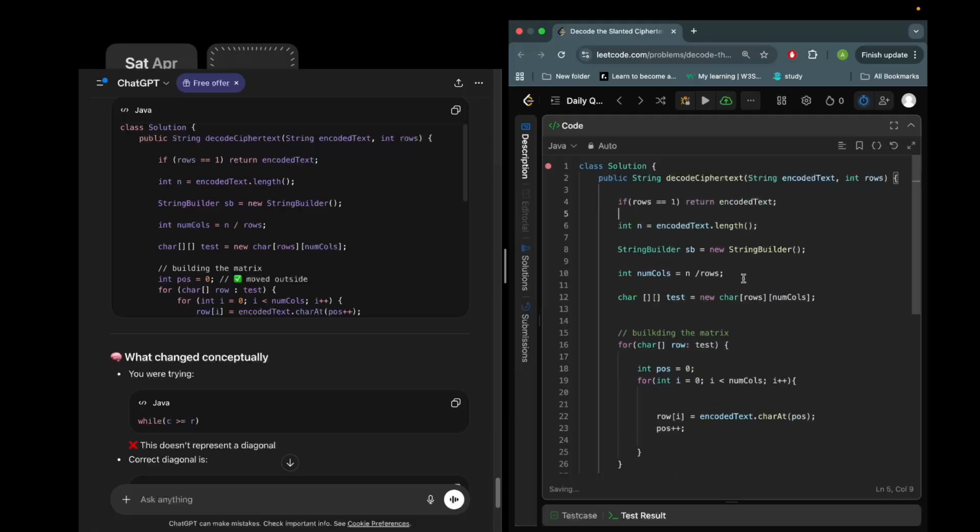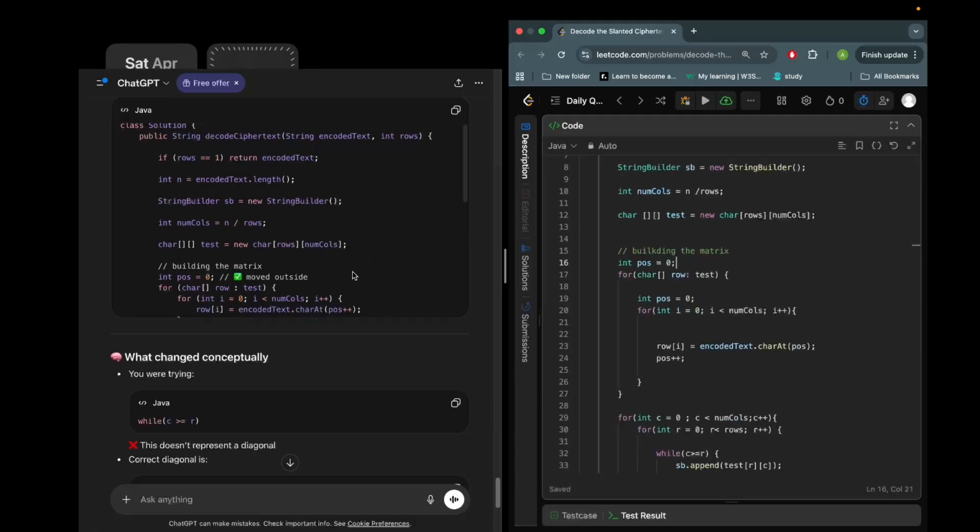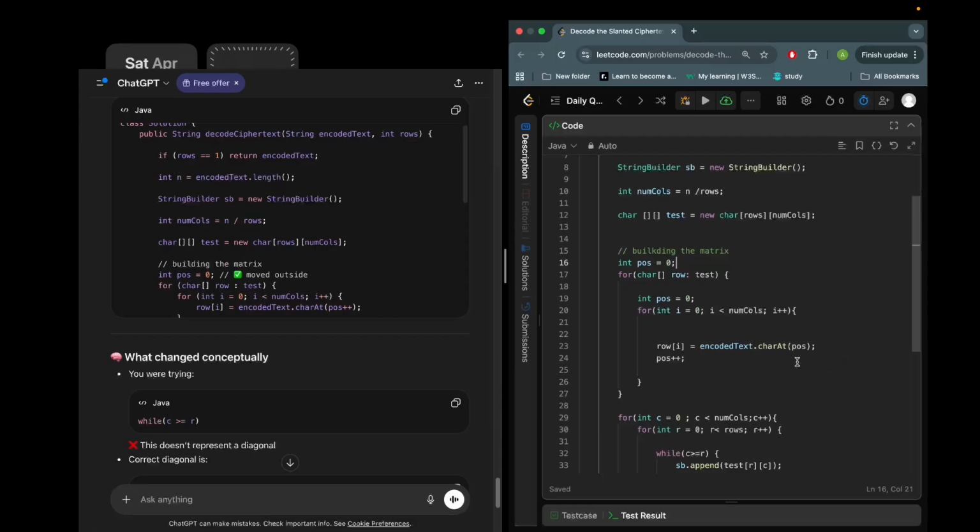StringBuilder I have. Now we build the matrix. Integer position equals 0. Char at position plus plus. Isn't that going to